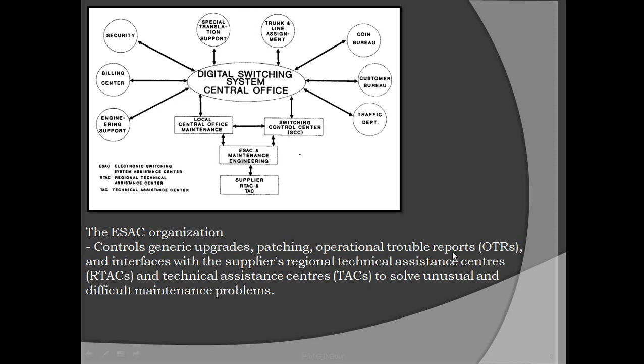Operational trouble reports are something like a report. We have to identify where the faults or troubles have occurred, which are called operational troubles. Suppose we have assigned 5 junction circuits on the Solapur road. Out of 5, even if 2 do not work, our operation will not be affected.